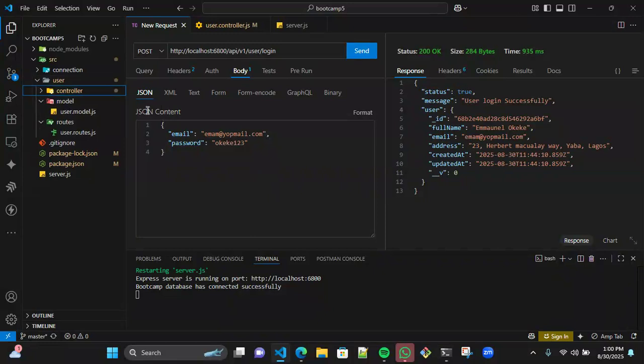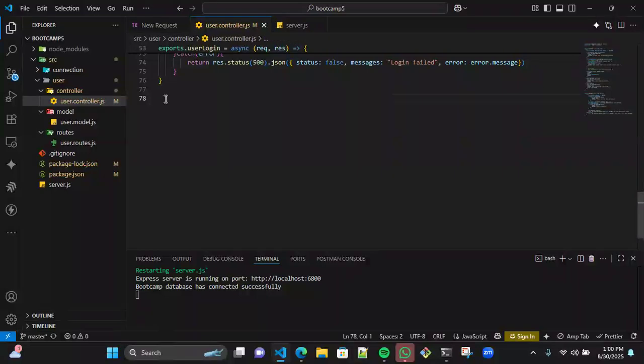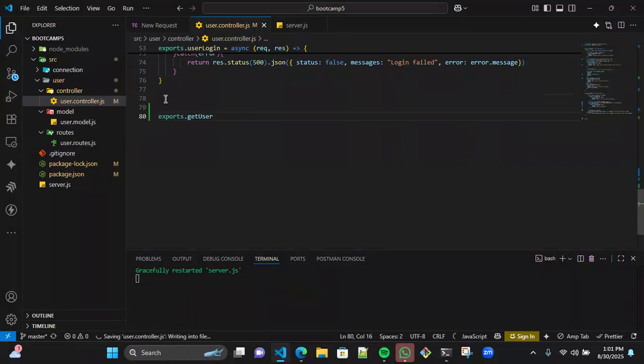Another thing again. Let me show you how to view your profile. We're going to write the endpoint, the logic to view a profile. I'll say exports dot get user profile equal to async, open bracket,